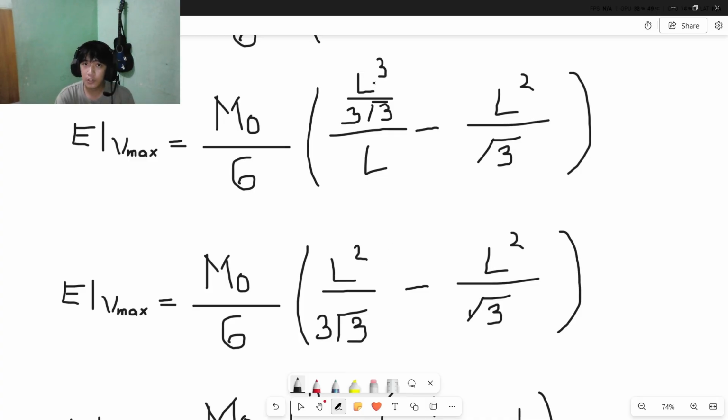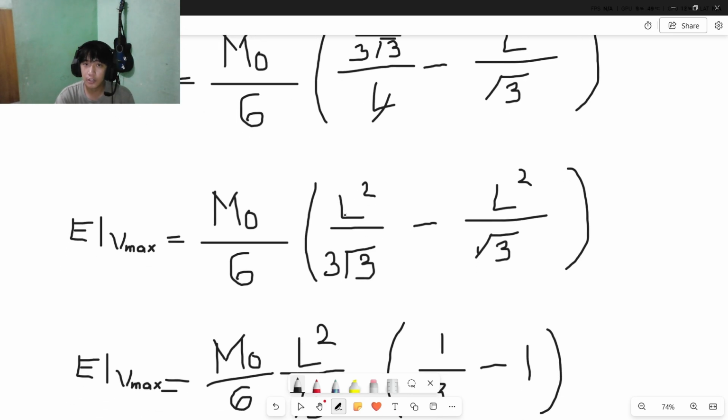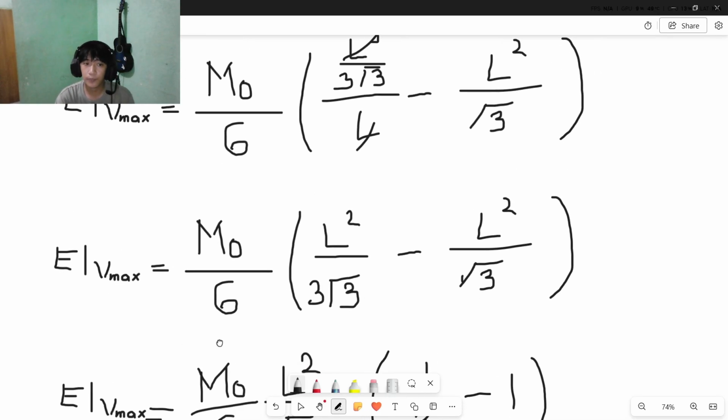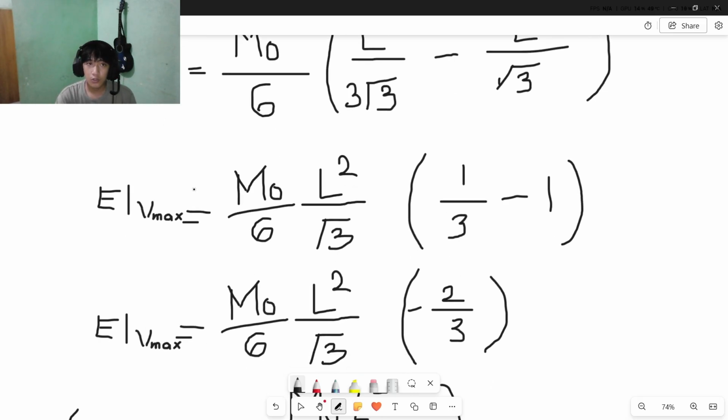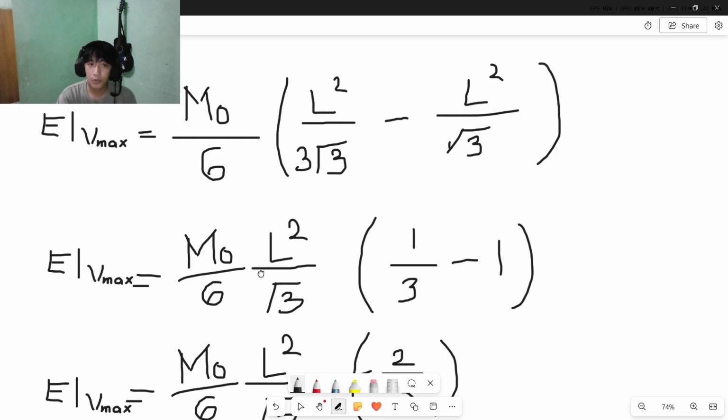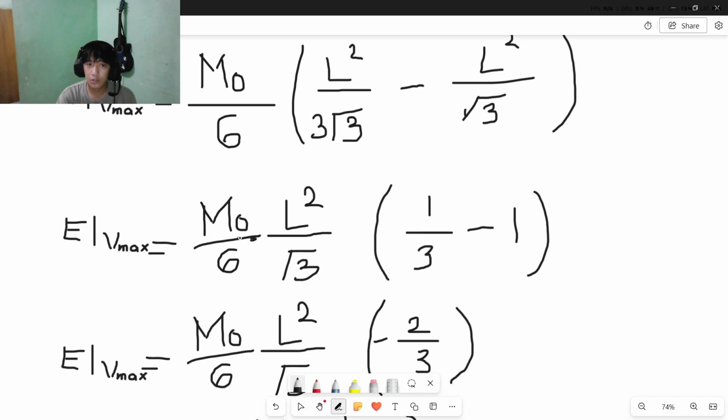And then we can further simplify this. This one would cancel our L. We're left with L squared over 3 times the square root of 3 minus L squared over the square root of 3. Now for the next step, since we have our common values of L squared over 3, we can factor that out again. So they can join together here. So we're going to be left with